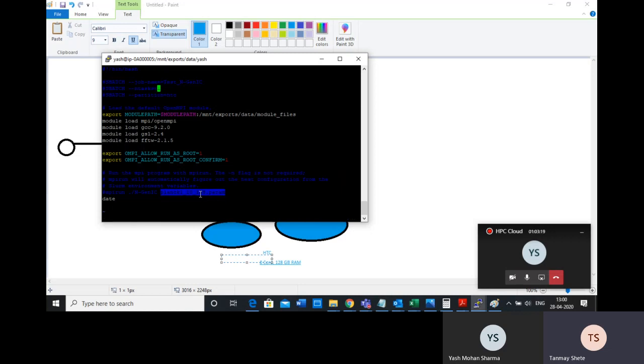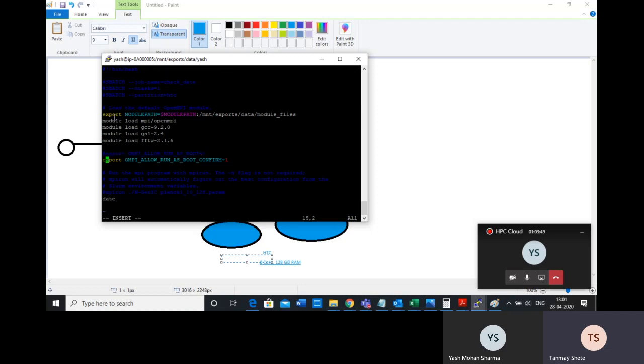You can mention two cores, whatever the CPUs are, and I can say the name of this job is check date. So I'm just checking today's date, and I'm going to run this application on the HTC partition. You do not need this module load and all, and also this, but I'm just keeping it.